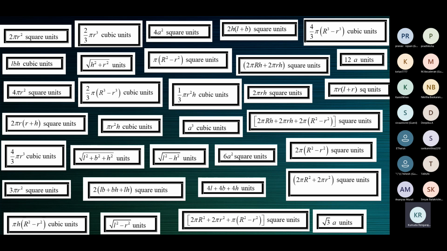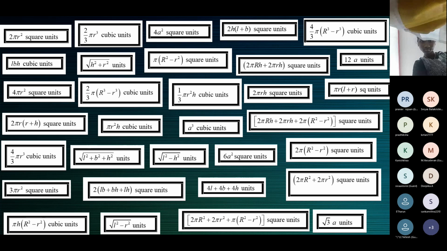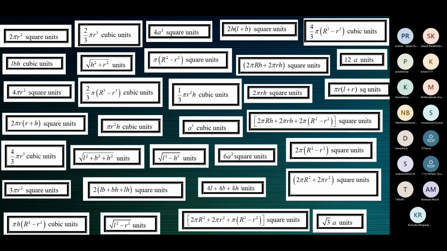The rest of the class today will be volumes and surface areas. What is 2 pi r square units? You should have memorized by now. I told you. You know that you have to remember all this. Now there's no point opening your book and looking into the book and telling me, children. That will not be fair on your part. See how much you can recall.